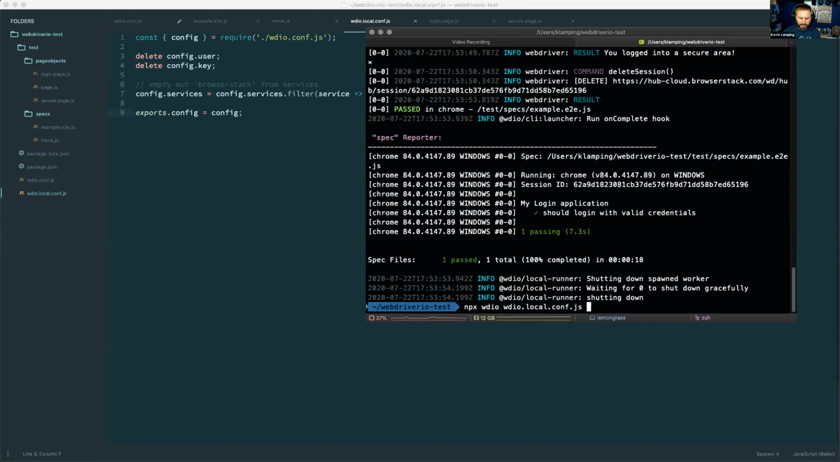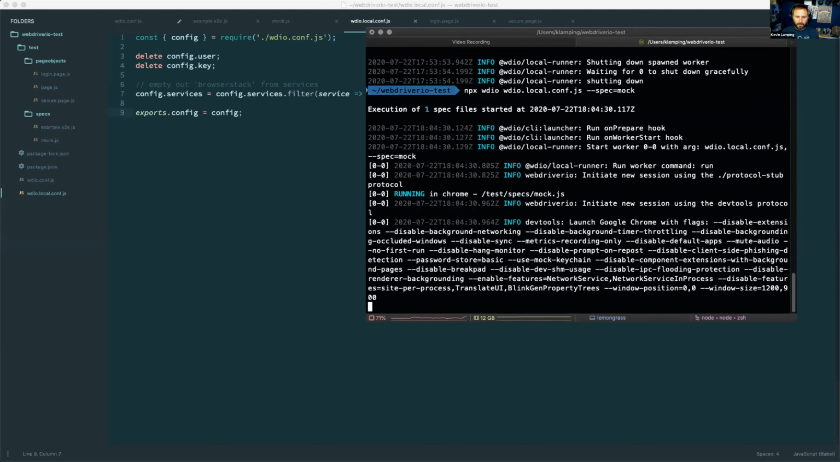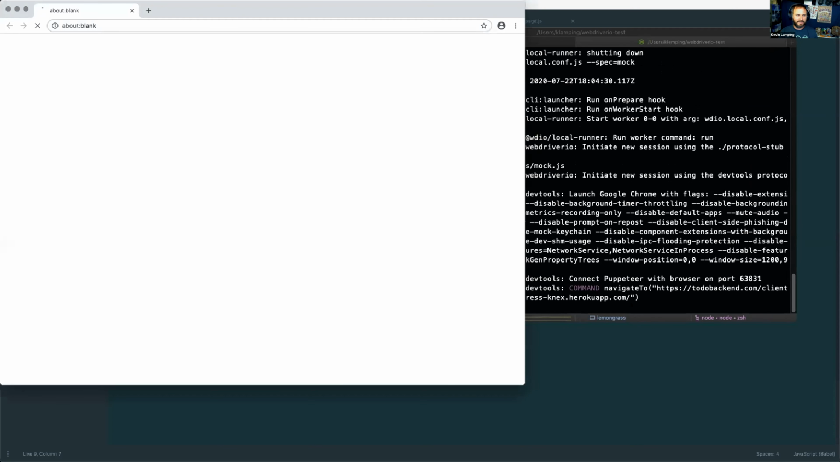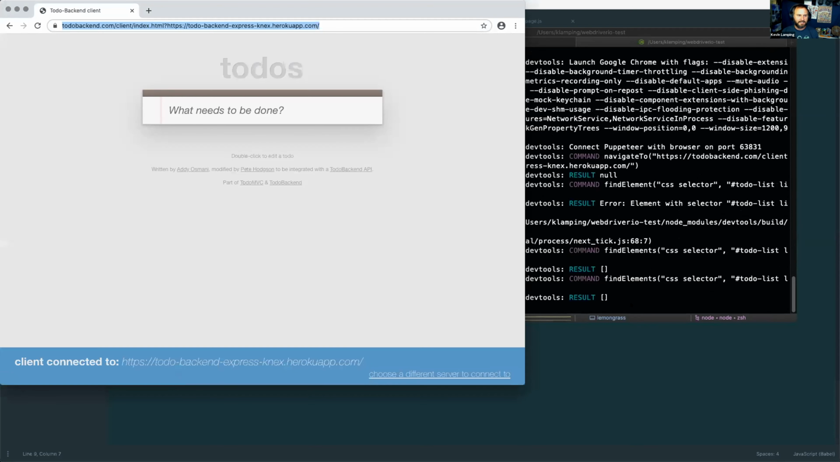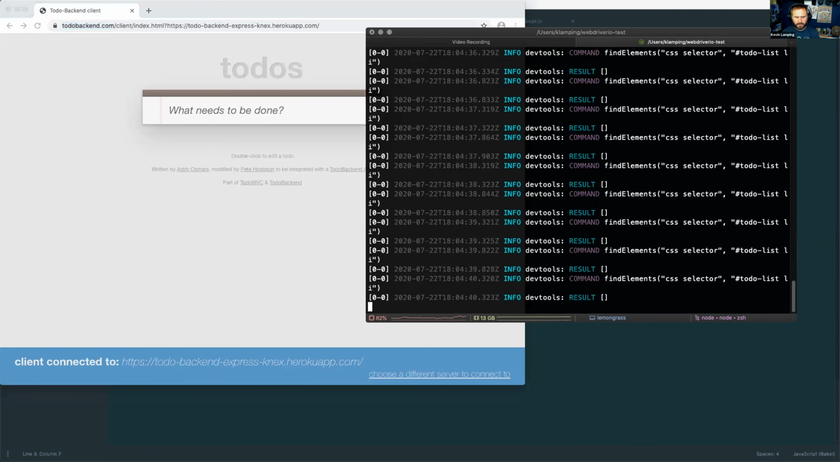I don't want to run both my tests. I only want to run the spec, my mock.js file. So I'm going to say spec equals mock. This is going to say only run test files that have mock in their name. And I use that feature all the time. And so I had to highlight it because it's super cool to let you run a single test and helps to debug. And of course, it's not working